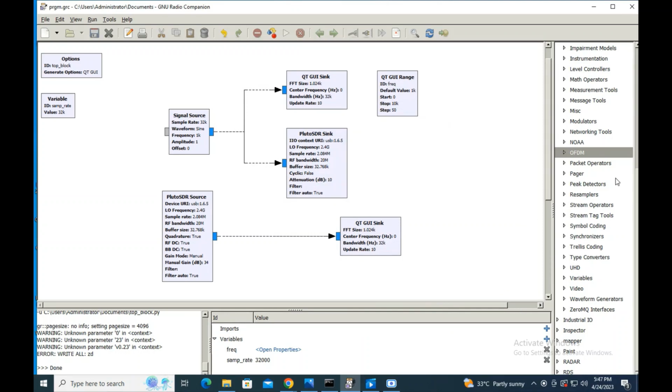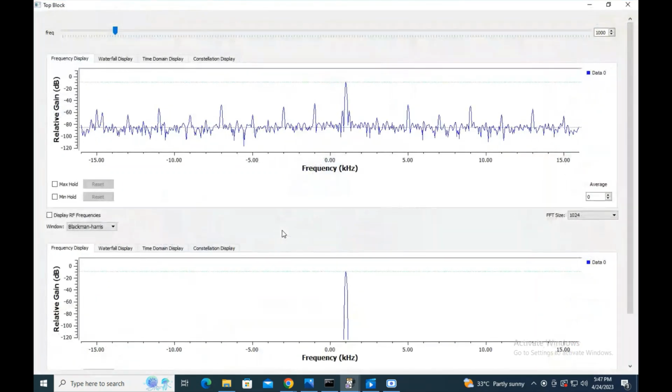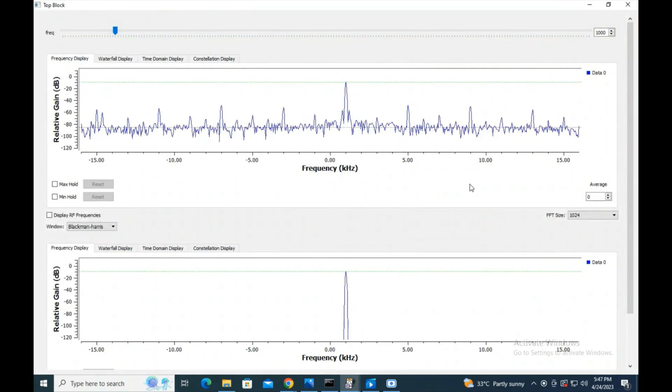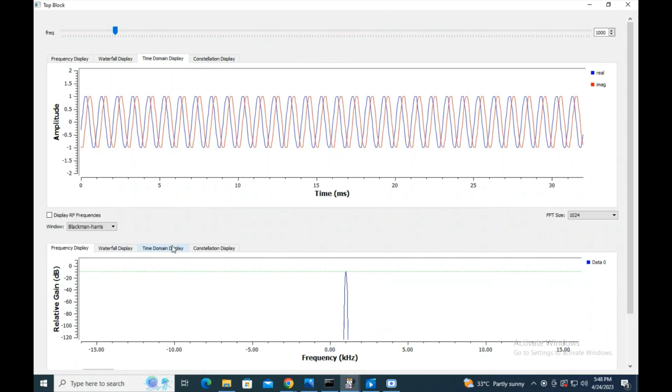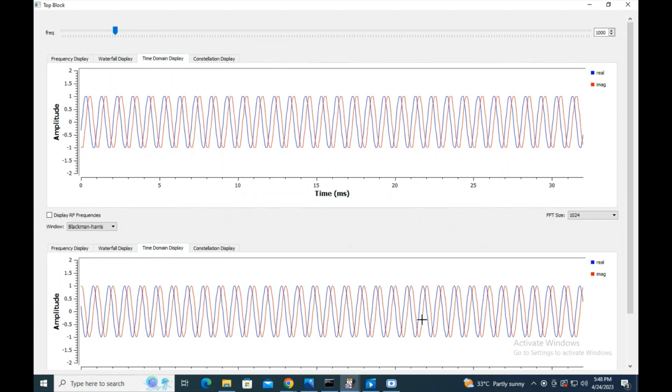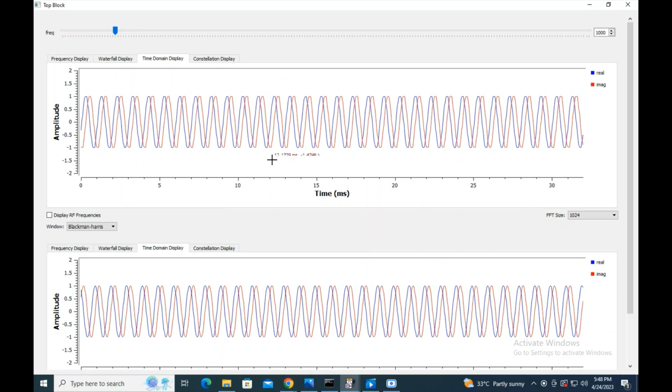Now let me start the simulation. Then it will automatically open the simulation panel. Here we can see the output in different domains. So let me see the output in the time domain, then we can analyze it easily. So this is the transmitter and this is the receiver, whatever we are transmitting and receiving through the antenna